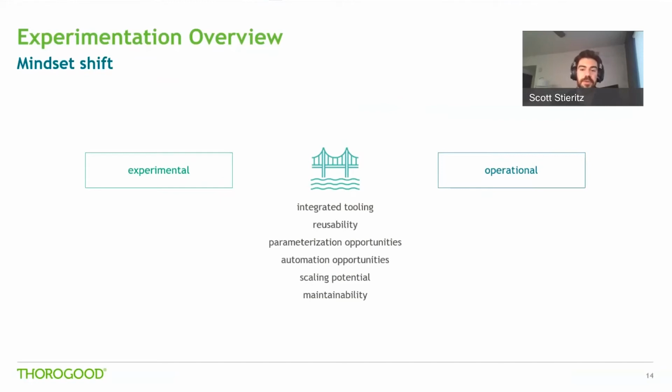These are just building bridges to make productionization easier when the time comes. So it's not a mindset shift from no more experimentation, everything must be productionized. It's a mindset shift to how can we experiment in a way that is going to make productionizing easier when the time comes for specific use cases.